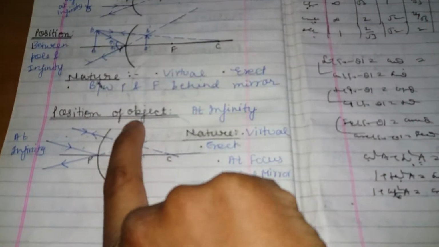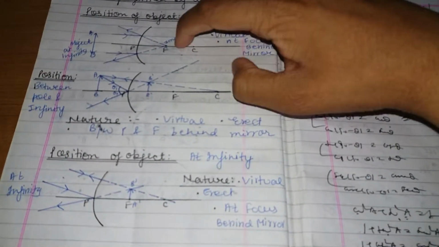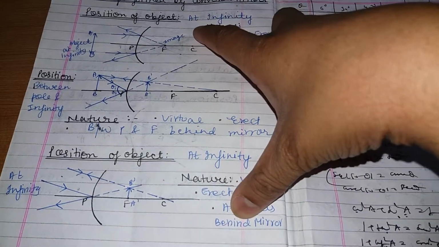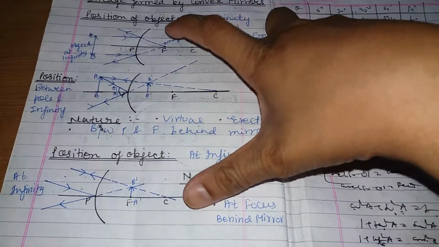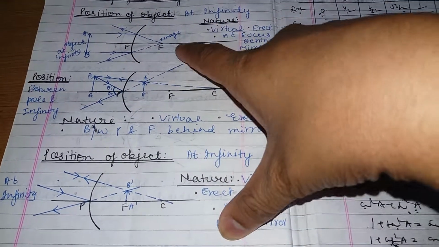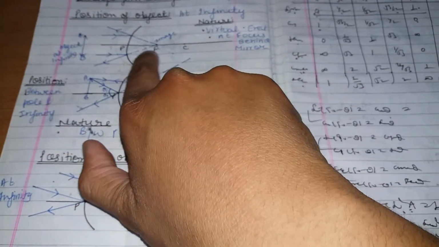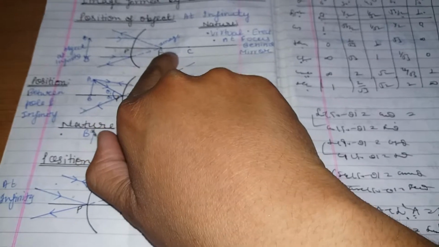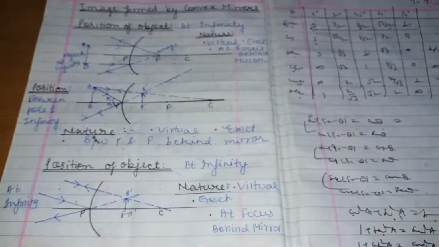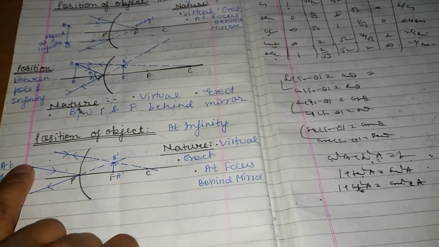When the position of the object is at infinity, that is the same, but these are two cases. In both cases the position is at infinity, but the ray diagram is different. In this one we took two rays parallel to the principal axis, reflected and diverged, appearing to converge to the focus. So it is the first case. But in the second case, when the position of the object is at infinity, the ray